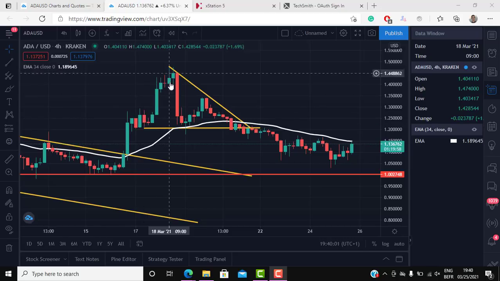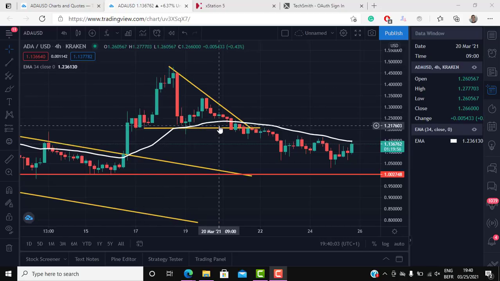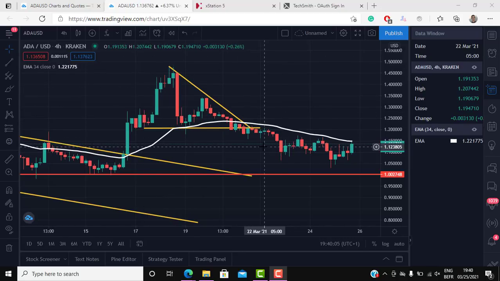Today we're going to be taking a look at the daily analysis of ADAUSD, which is Cardano quoted in US dollar. As you can see here, we were trading in a descending triangle and we broke below the descending triangle, which was a scenario that we discussed with you in detail during our last episode. In fact, go back and watch our previous episode where we discussed in detail how this scenario could